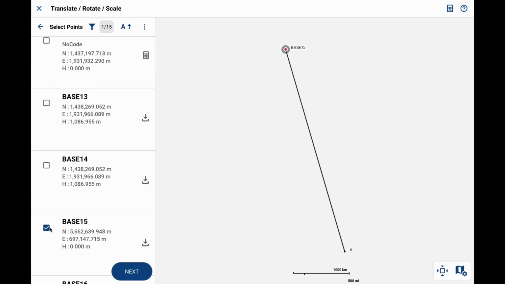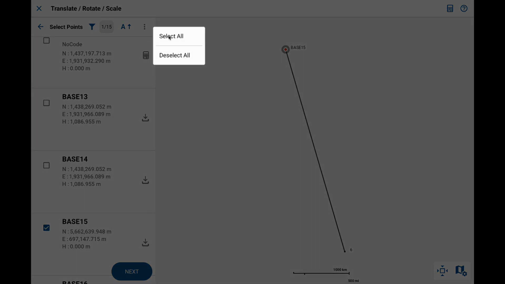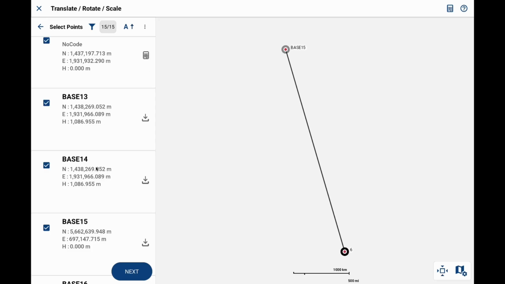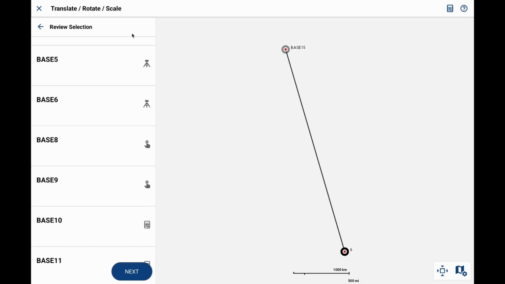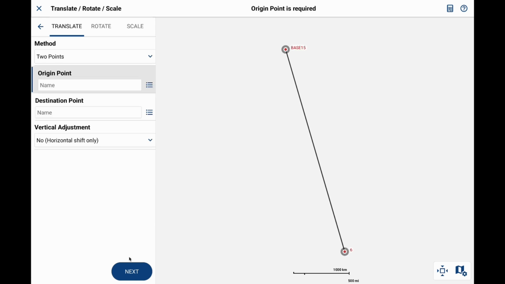So let's say I want to select base point 15, or what I can do is I can click on the three dots here and click on Select All, as I actually want to scale all of my points based on this. So once I have them all selected here, I click on Next, review my selection, and click Next. And now what I'm going to do, as I said, is I want to do a scale. So I'm going to select the Scale tool at the top of the menu here,